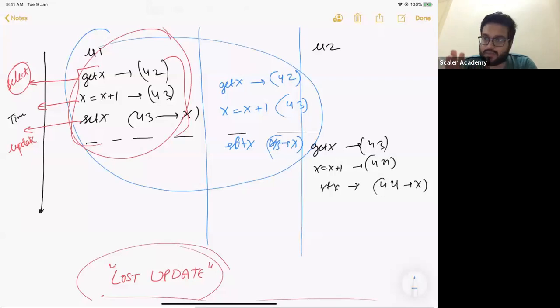Atomicity simply means everything or nothing. Does that make sense? Atomicity simply means that a transaction will either run completely or will not run at all. Did I ever make any comment when I was discussing atomicity about how multiple transactions are going to perform simultaneously? No. So atomicity does not deal at all with multiple transactions working at the same time. Atomicity simply means that one transaction, I am giving you a guarantee, will either get completed or will not get completed at all. Does that make sense? Cool. If it makes sense, let me now try to tell you what isolation is.